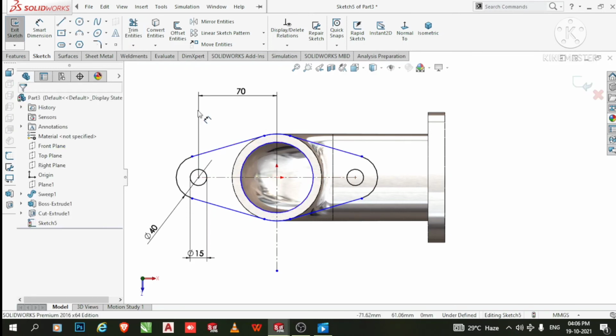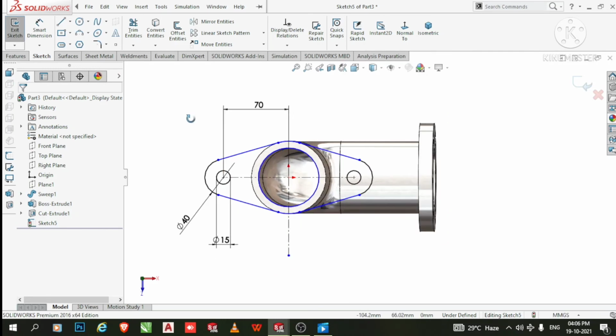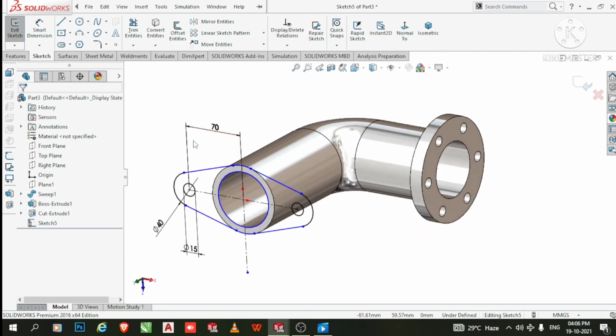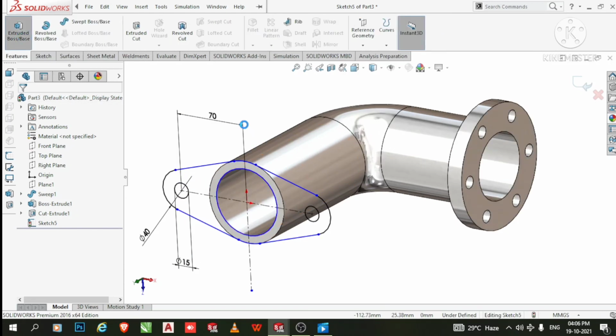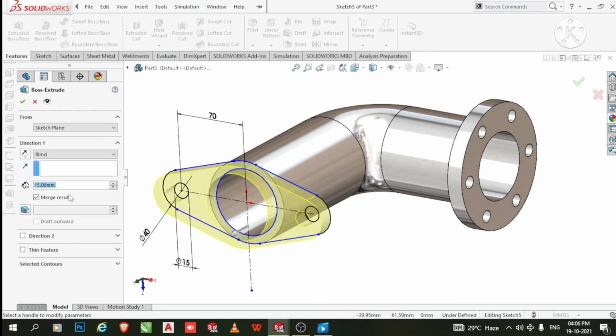Okay, and here we extrude this sketch to 15 mm inside, so go to the feature, now select extrude boss base and make the extrude 15 and make it from inside, and here we select merge result.